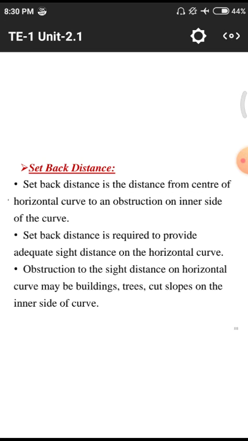In metropolitan cities, these kinds of roads are laid beside buildings and other public utilities like bridges and other important structures like courts, schools, and colleges. They are laid beside the roads. Due to the height of these structures, we won't be able to see the vehicle in front. These are the obstructions we face while traveling on roads having horizontal curves, so we need to have a particular setback distance.